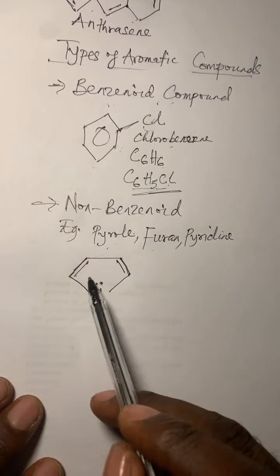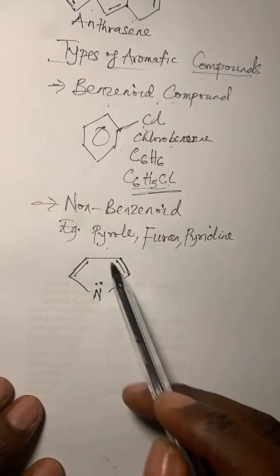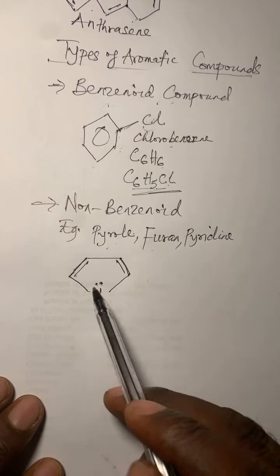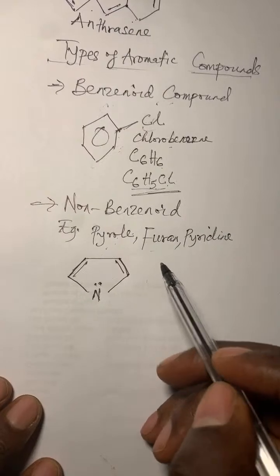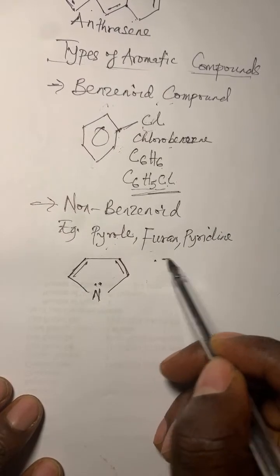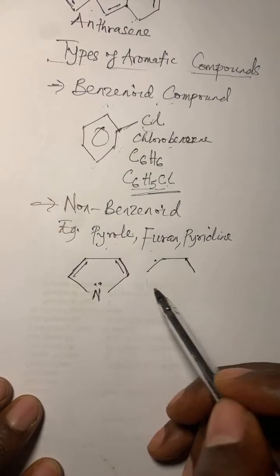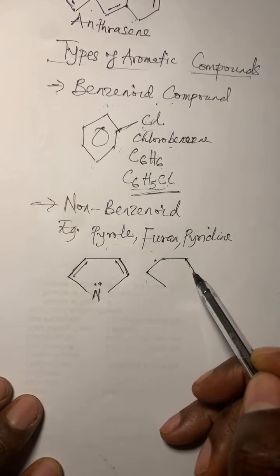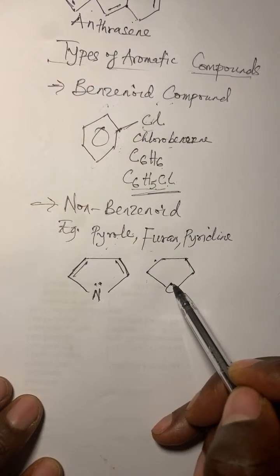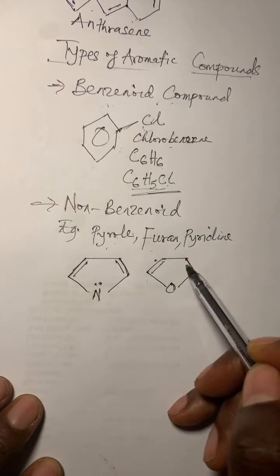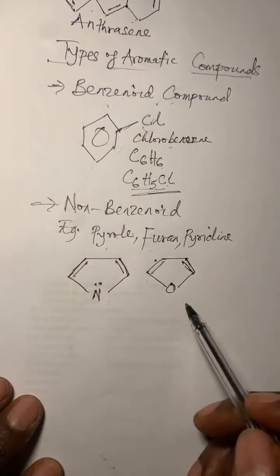The furan is almost like this. I always remember this diagram for furan, but the difference is I replace this one with an O, which is an oxygen. If you have something like this, I'm drawing that of furan, and you have one like this again. You replace here with O, and then you have something like this. This is furan.